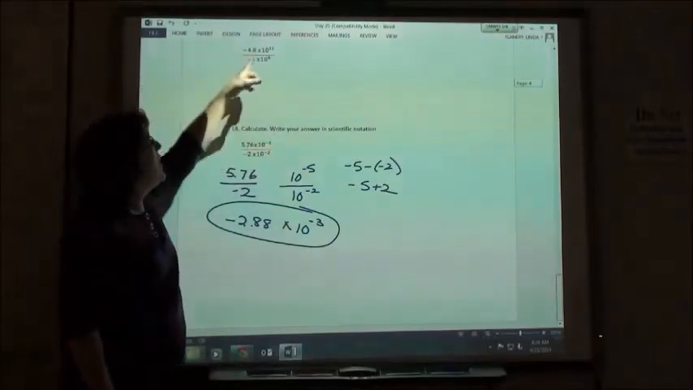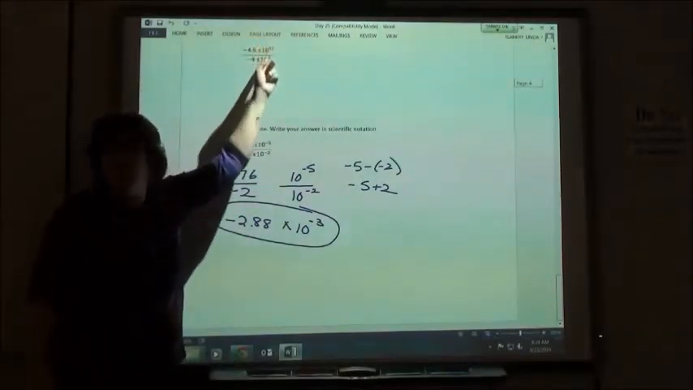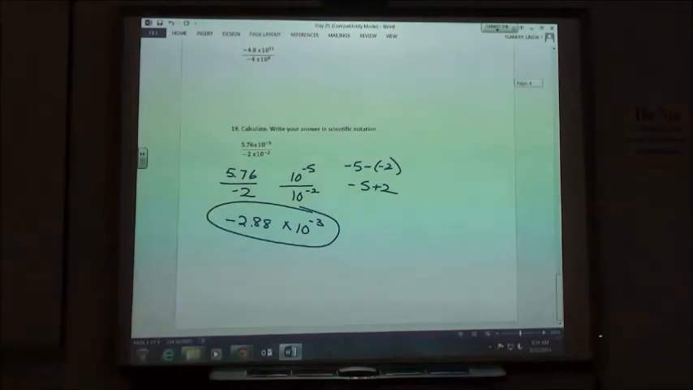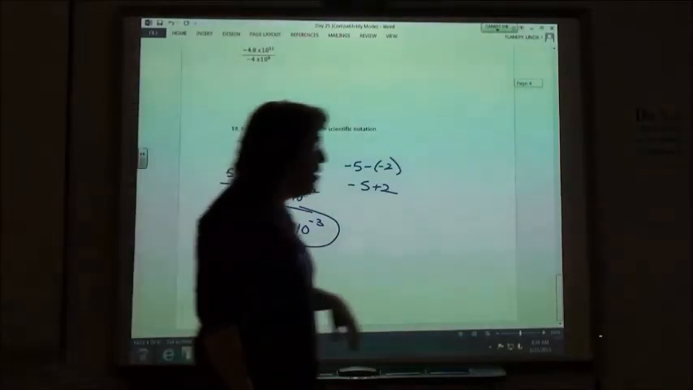So when you multiplied, you added the exponents. When you divide, you subtracted the exponents. All right, so